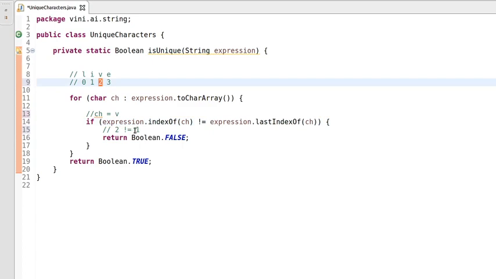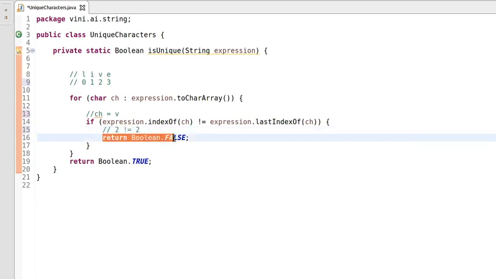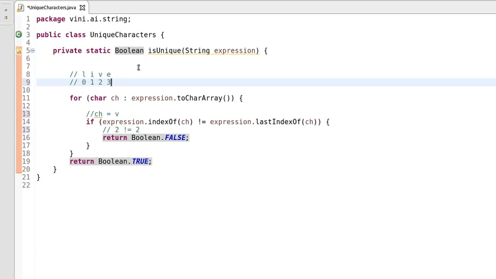So again we are comparing these conditions. If 2 is not equal to 2, it's false because it's equal. So this statement is not executed again. Likewise we'll check for E. It's only once, so it will not be executed. At the end it will return true.